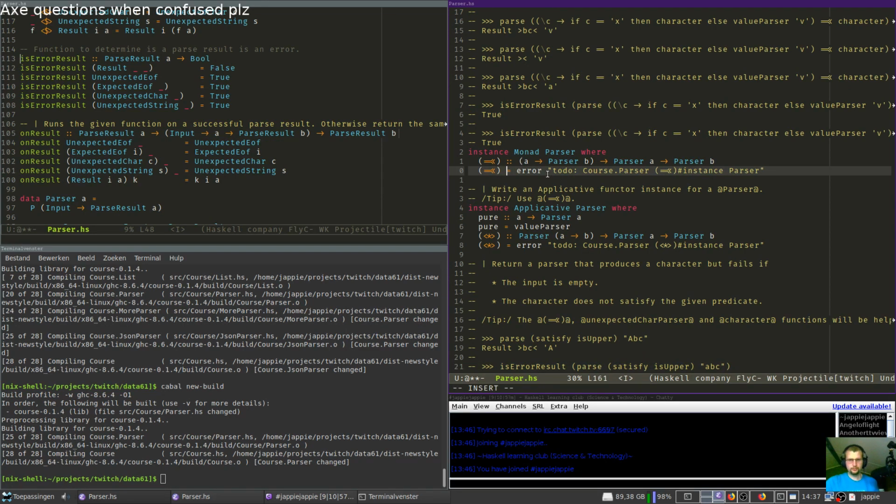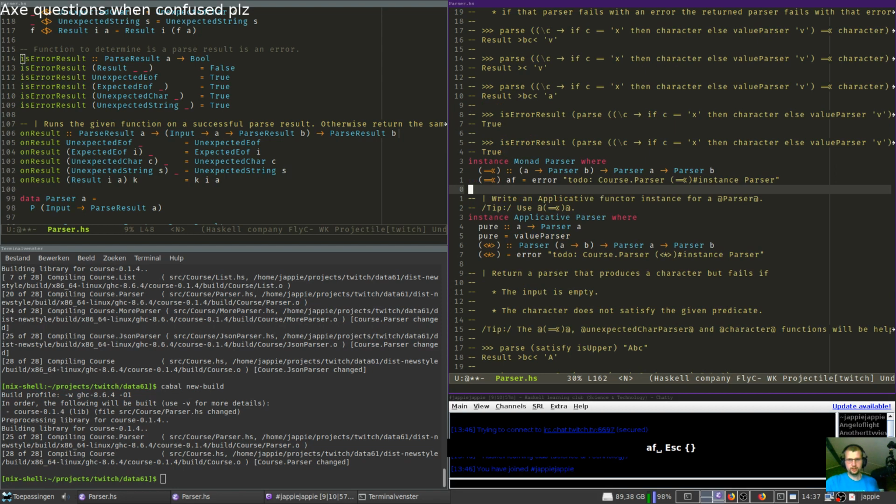Okay. Well, we need to have a monad. So, what kind of function goes from A to parser B? We get a parser A. We need to get out a parser B. Probably gotta create a new one, right? Input. Parser is a monad. I thought parsers needed arrows.